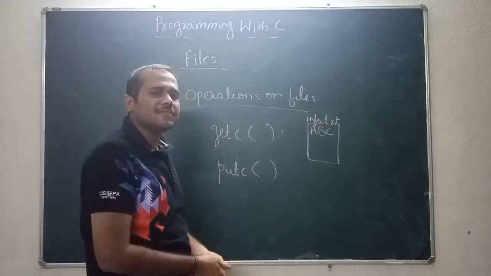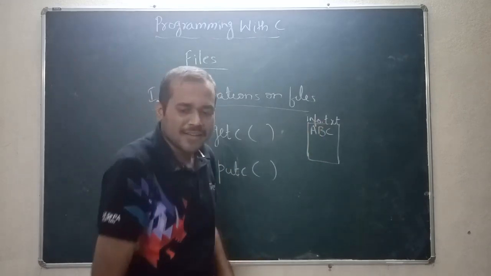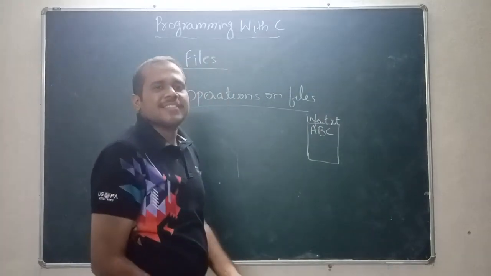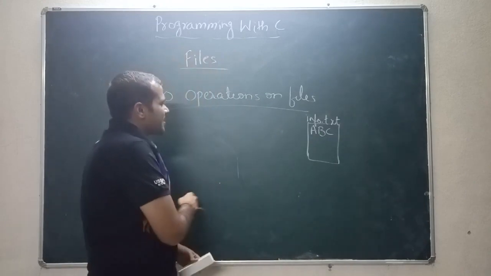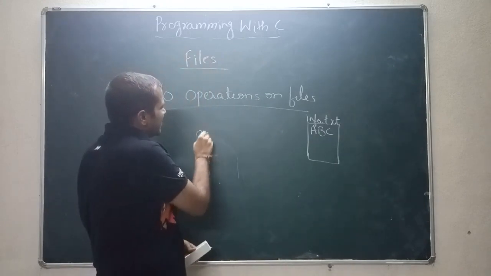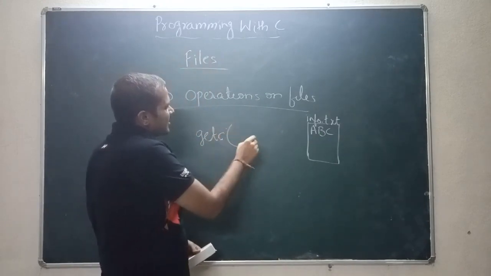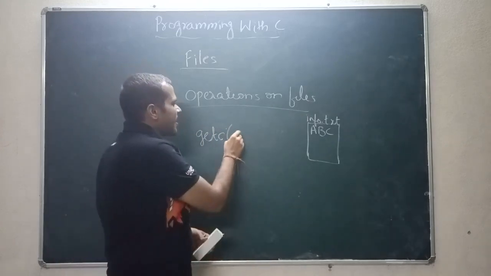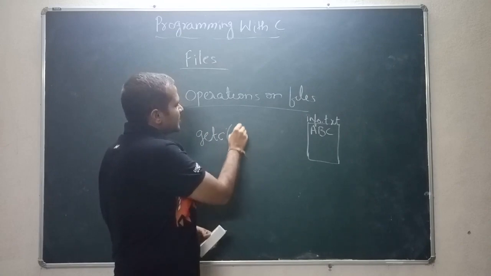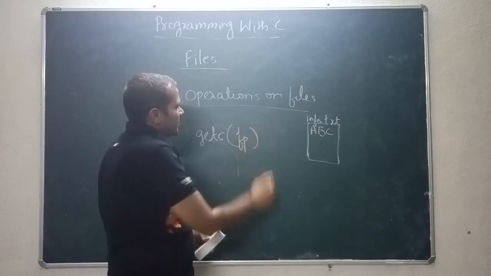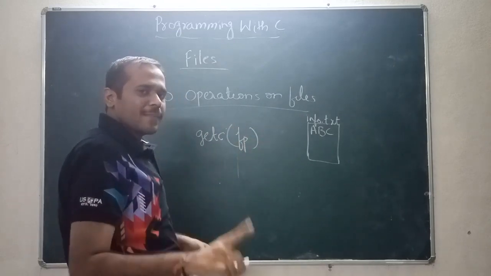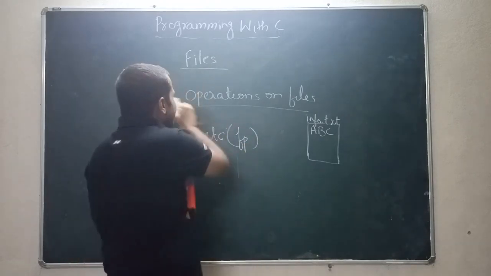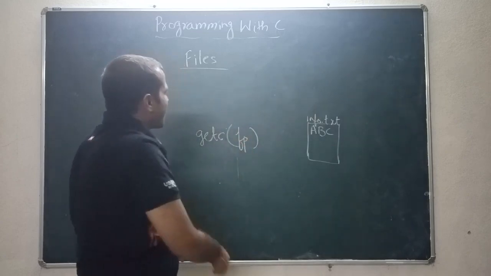So how can it be done using getc? What is the syntax for getc? Getc takes a single parameter, that is the file pointer. Getc takes only one parameter, that is the file pointer. What is this file pointer? File pointer means